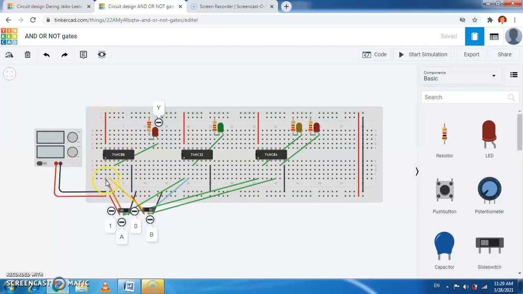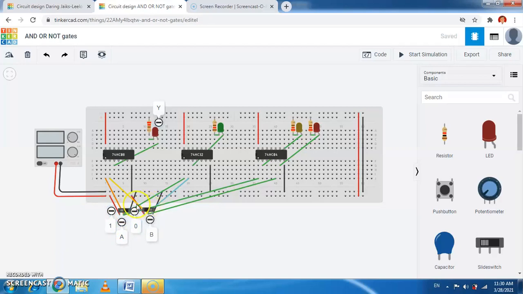And here we take the first logic gate, that is we put the inputs at pin number 1 and 2. These are the pin numbers. Now here we use the slide switch. So the slide switch is such that there is a common terminal here. On one side we connect to the VCC, that is 5 volt. Another side is connected to the ground, that is 0. So if it is on the left position, then it is logic 1. If it is on the right position, it is logic 0.